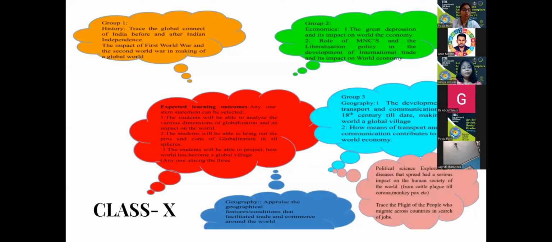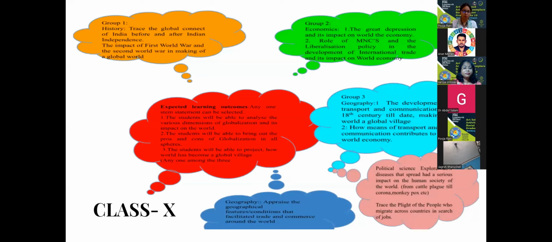Geography: appraise the geographical features and conditions that facilitate trade and commerce around the world. So when we're going to do this activity in the classroom within 40 minutes, right, that won't be possible. So what we can do, we can assign them a task. When we assign them a task, we can give a particular time period, a time deadline, right? They can come to you, they'll make a rough draft, you just go through it, you help out the student,